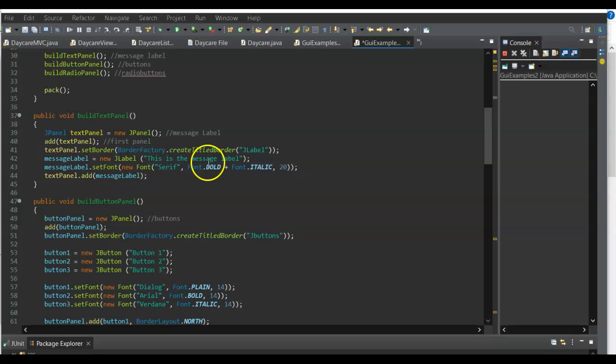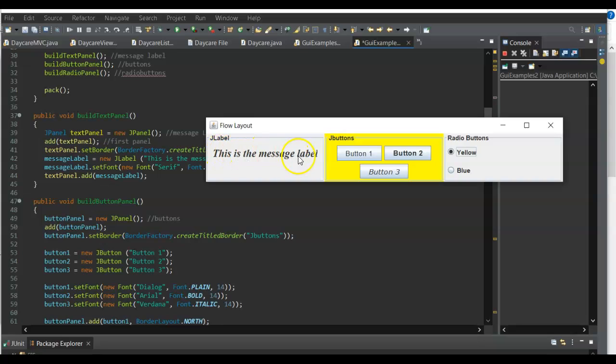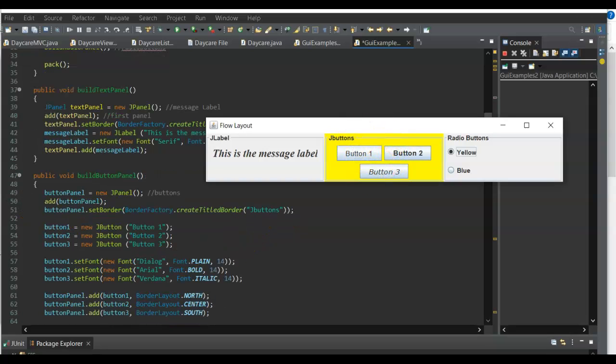I changed the font and everything. So if you see it right here, the font is different. I even made it a little bit bigger, and I made each of the buttons different also. So that's how you can see how I changed the font there, and also how I changed the colors also. So that is an example of GUIs.